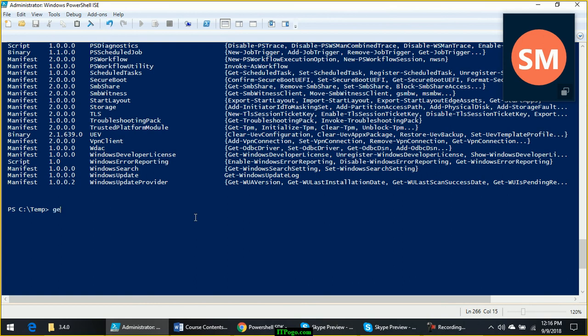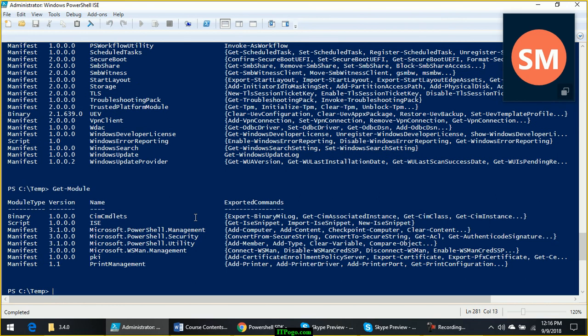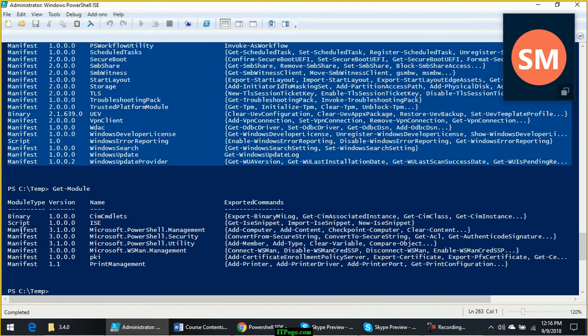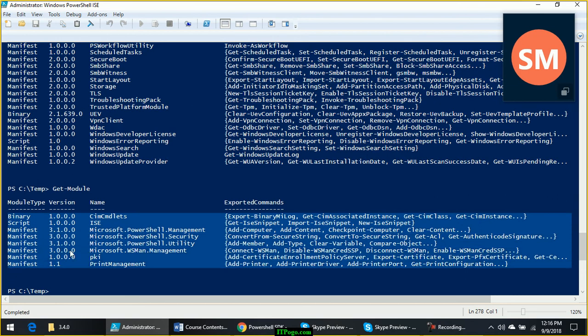Suppose now I run this command Get-Module without any parameters. It is showing me what all modules are currently loaded into memory. These are not the modules which are available on this computer. These are the modules which are available in PowerShell's memory. There is a difference. These modules are all available on the hard drive. These are loaded into the RAM from the hard drive, because during these examples I might have used any of the commands which belong to one of these modules.